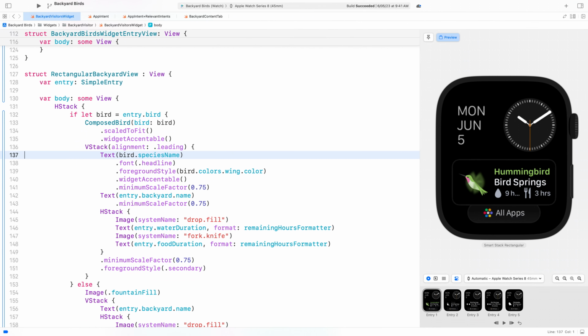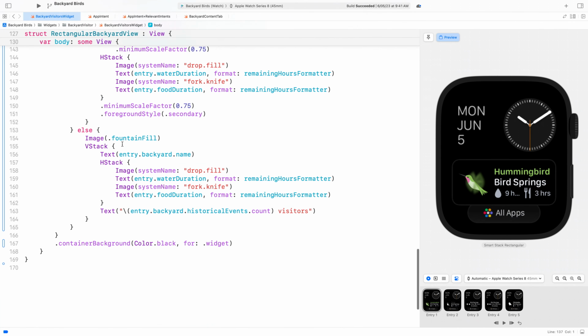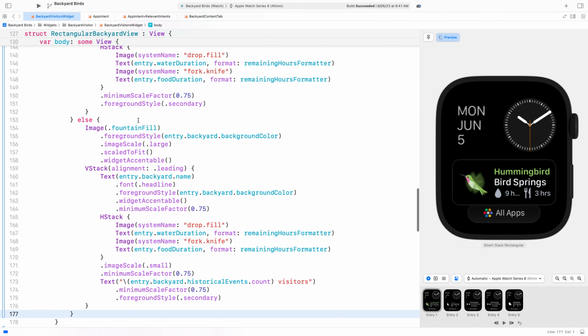Our view looks pretty good. Let's apply all these same updates to the views in the else statement when there isn't a bird. Now our widget is looking better. Notice our widget has different spacing when showing a bird or a yard.